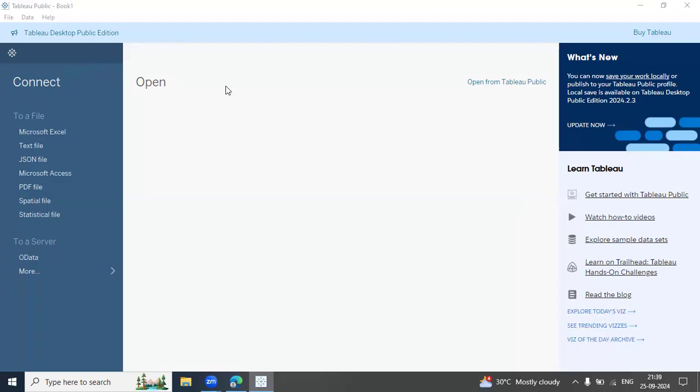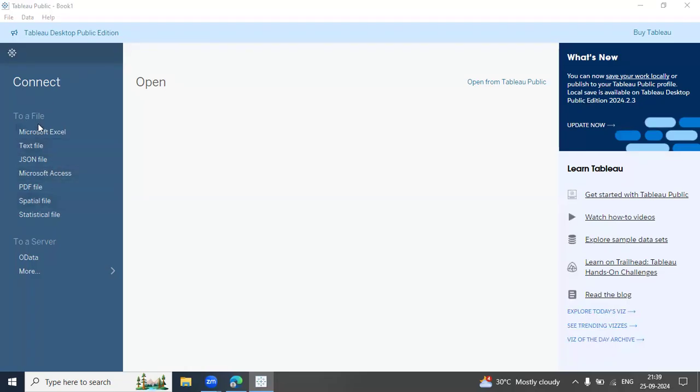So before getting into the open section, we are going to learn about the term here, connect option. As I already let you know about the importance of Tableau, it has a numerous amount of features. It has multiple ways to connect with Excel, or to connect with any databases, whether it can be MySQL. You can also connect with any languages as well as cloud services. So let's just go through all these things.